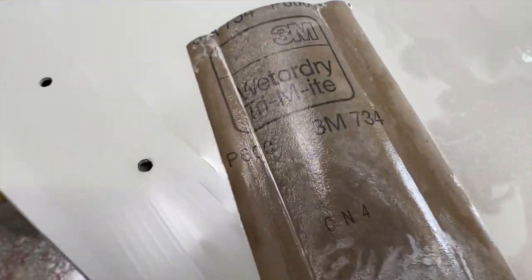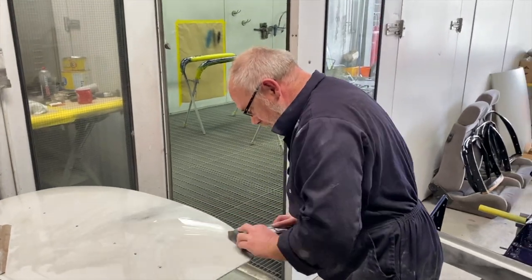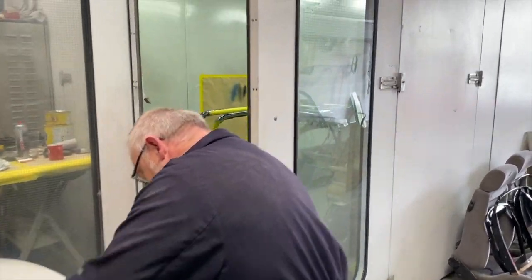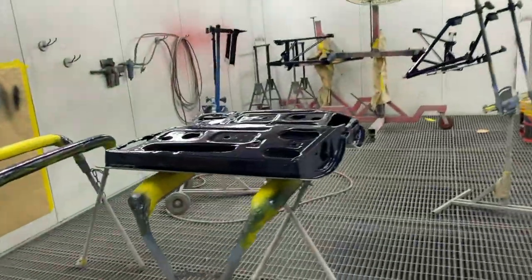So at the minute we're on 600, and then we'll go over the whole thing again with 1200, and that'll be ready for, what was it ready for? Paint. For the paint, ready for the paint. So he's already done